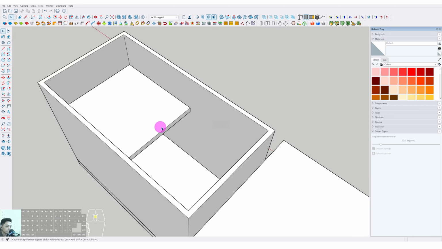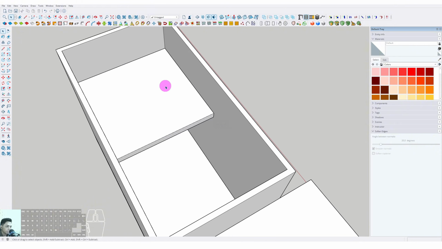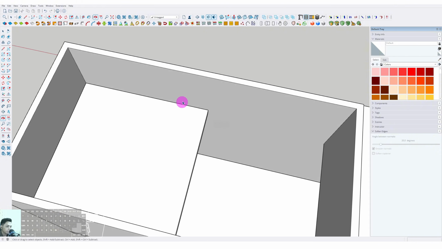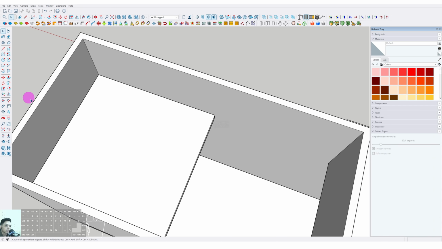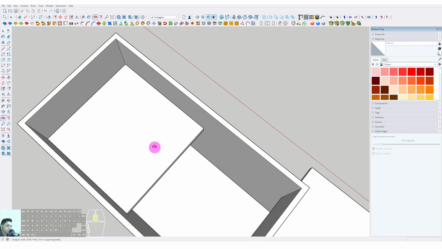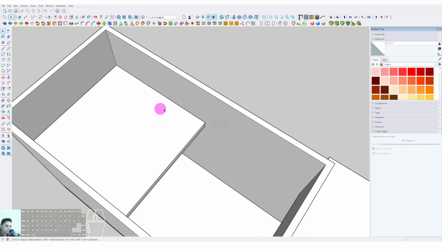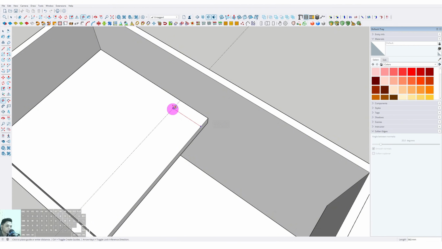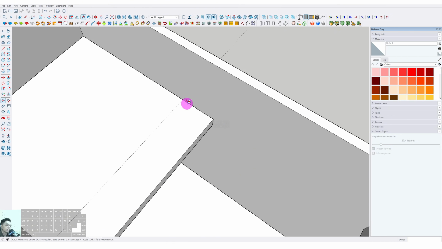Okay, then for the next step, we have to make the stair here. So I will make the stair on half of this surface here, so it could be simpler and not too much space for the stair. Maybe we can use the measure tool and click and place to the position around 500 millimeters only, and we can click